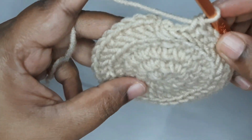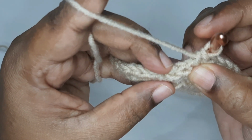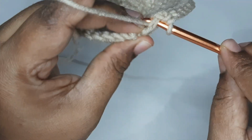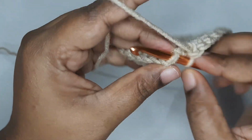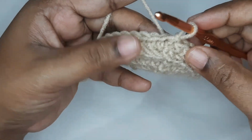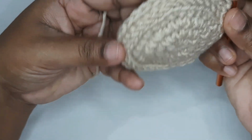So once you finish your round here, see, this is the slip stitch which we used. Okay, so we are going to make our last single crochet over here in this stitch, and then slip stitch to join the round. Okay, understood? So now we are going to just chain one, and we are going to single crochet all the